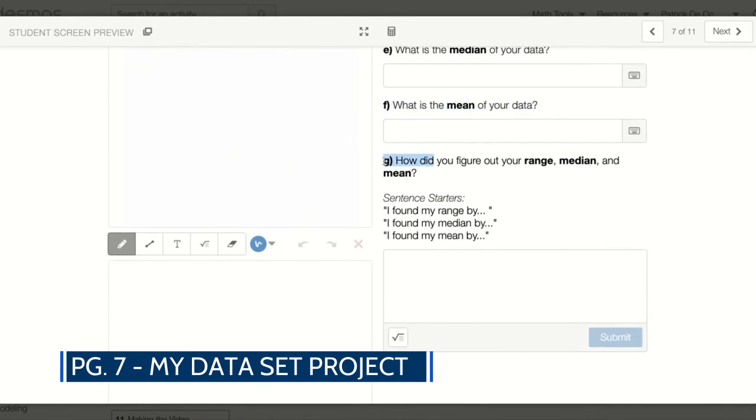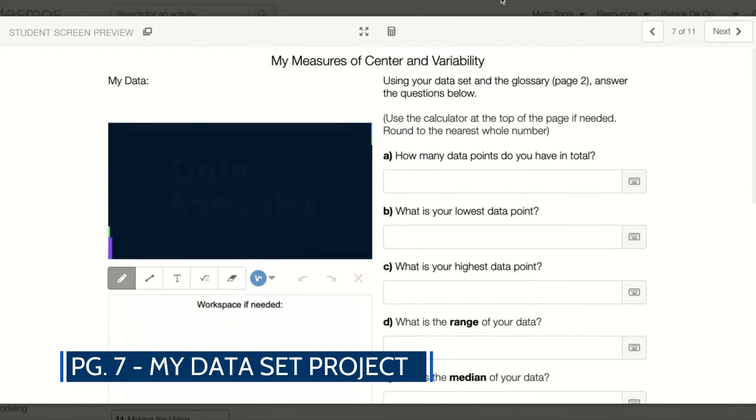Letter G. How did you figure out your range, median, and mean? Some sentence starters you can use are, I found my range by, I found my median by, and I found my mean by. That is page